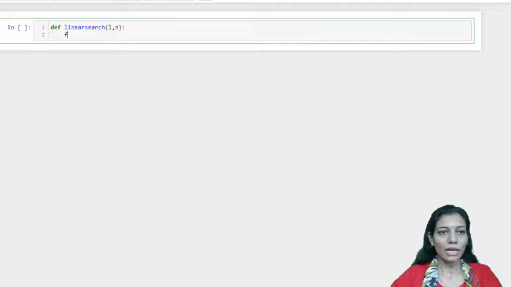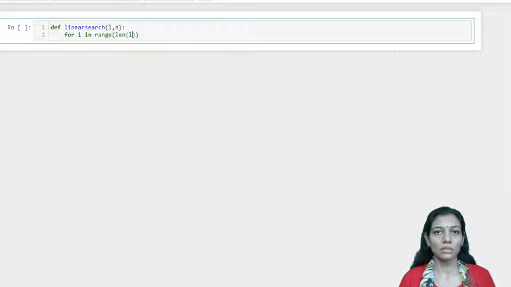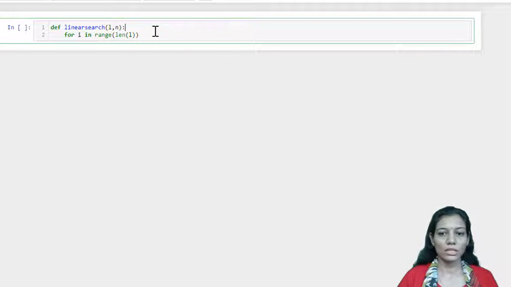For that we'll be using a for loop, for i in, and we'll be using the range function in order to generate the sequence, and how many elements are to be generated is as per the length of the list. So here we'll be taking len of L. Suppose the length of the given list is 5, it will generate a 0 to 4 sequence so that I can iterate over all the indexes of the list. So that is how our iteration loop will go.